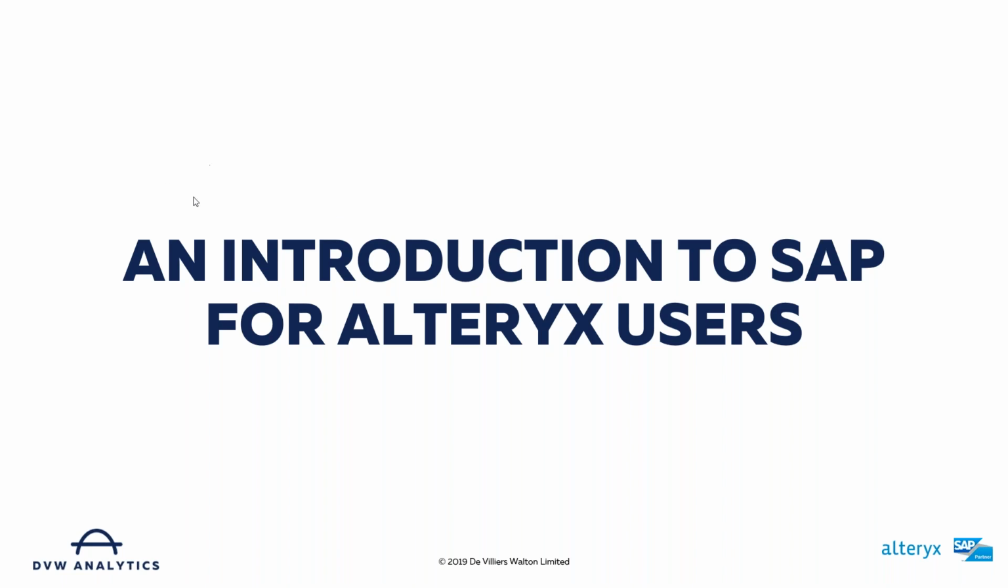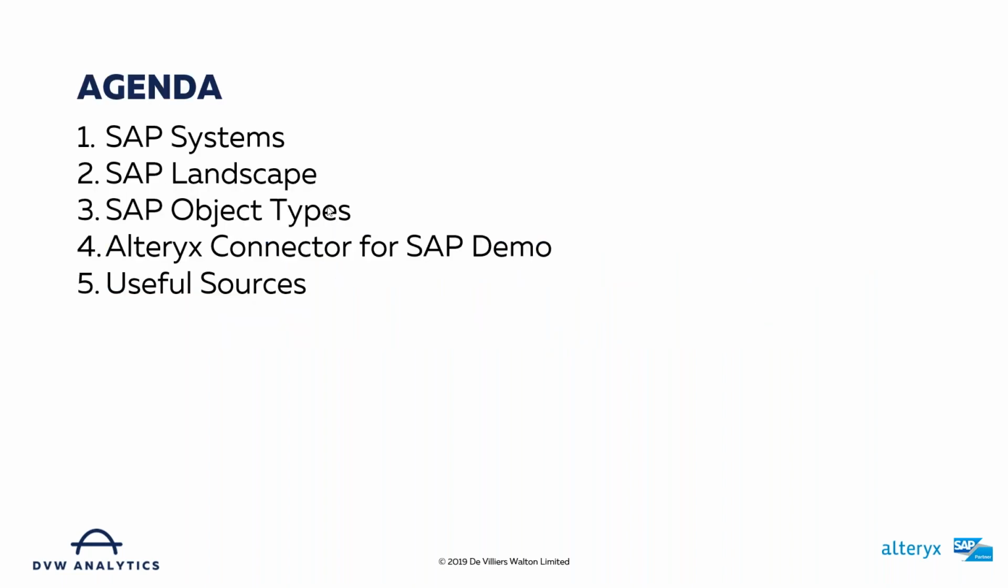Before we start, let's just cover off the agenda for the session today. We're going to do a mix of two things. We're just going to give you a brief overview of the various types of SAP systems, the SAP landscape, and different types of object types that we may want to make use of within Alteryx from SAP. Some of this will be very familiar to some of you, and some of it will be very unfamiliar to probably most of you. So we'll spend a few minutes just covering off some of the basics, and then I'll